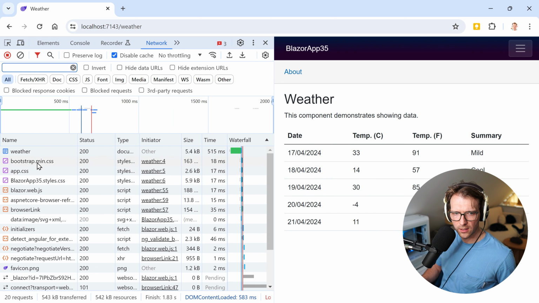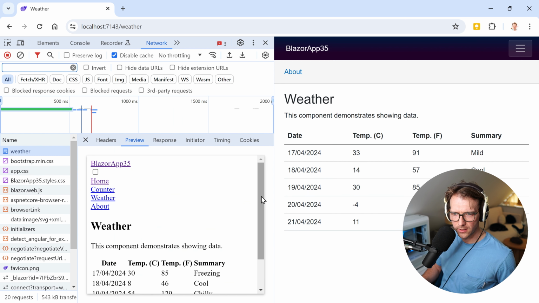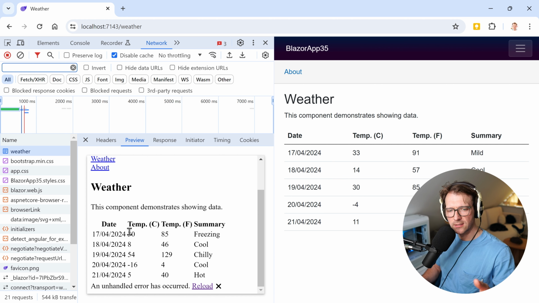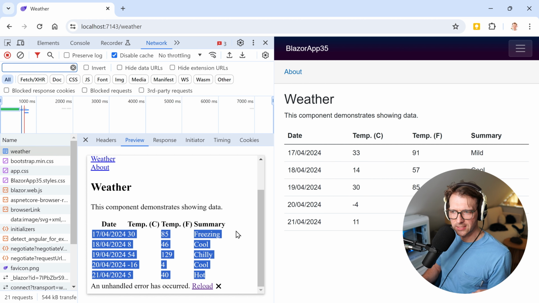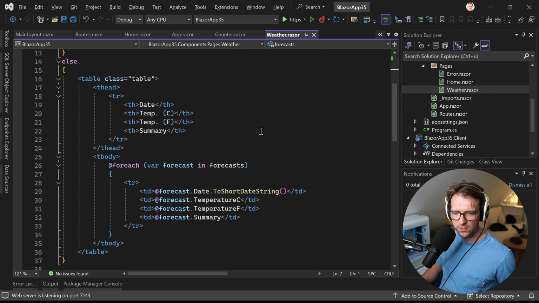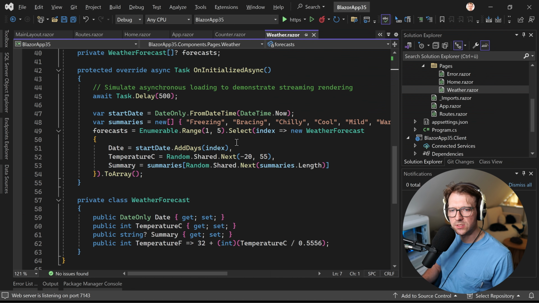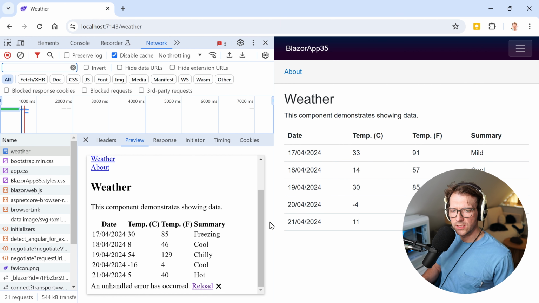All right, there we are. I scroll back up. There we are. And here I think you can already see it. You see the data, but this is the stuff that was rendered first, and then we have stuff that is rendered second. And you see that the data is different because it is randomly generated. All right, so this is also a way to see it, just to demonstrate. You see it, right? There, random shared next, and so on, and here random shared next. So here, this is just another way to show you that there are actually